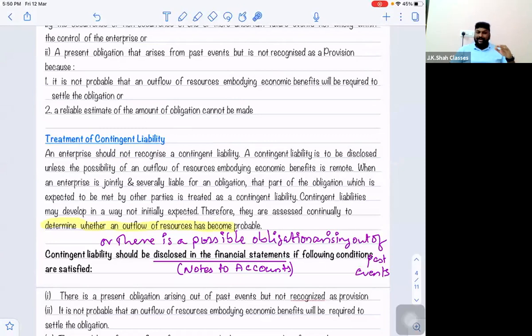Correct? So today, what information is available? Sir, information is that